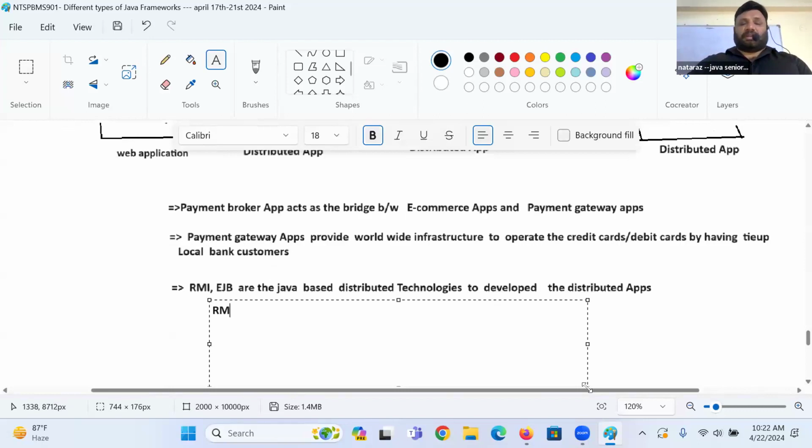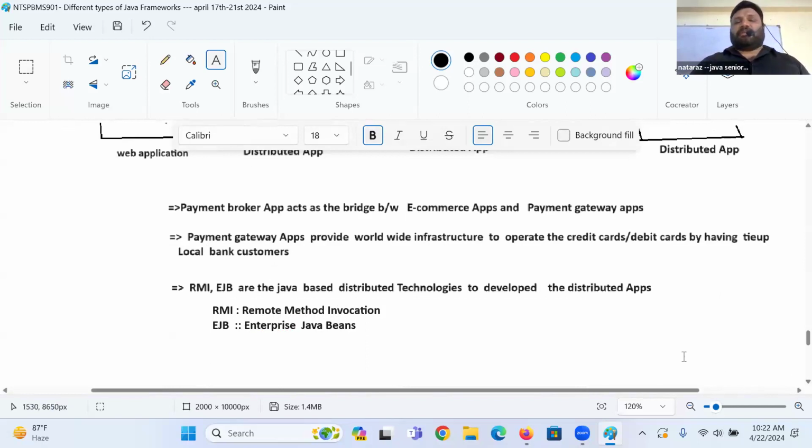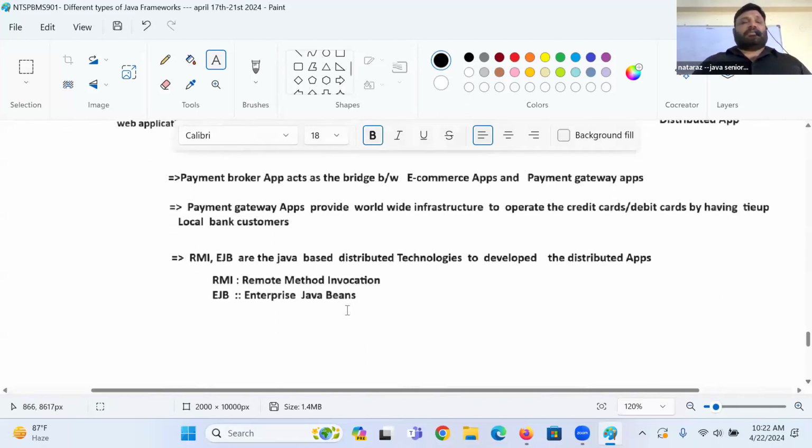RMI means what, guys? Remote Method Invocation, right? EJB is what, guys? Enterprise Java Beans. Okay, guys. Tell me the next one.